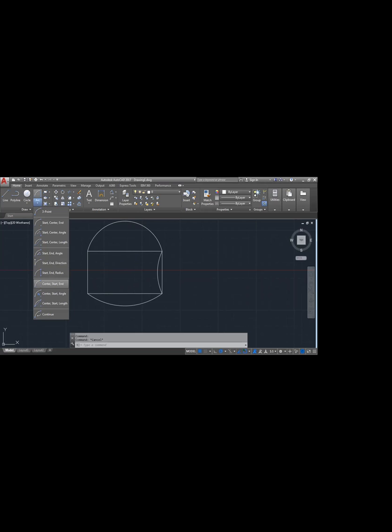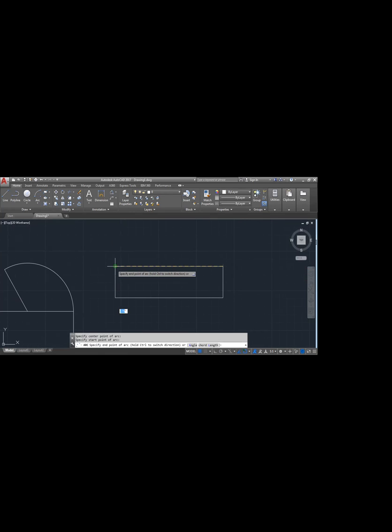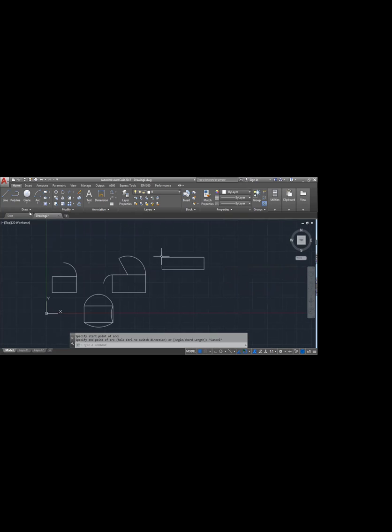Click anywhere else. Specify start point and directly provide the end point. Where do you want? Okay. Let us make it here. Center, start, end. Let us take this as center. Let us make this side as starting and at ending. See, that means it is taking from bottom side. If you want from top side, you need to choose from upper side.